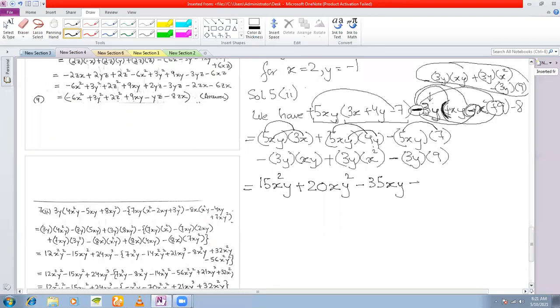And again, here you have a minus sign, and you have a single 3 here. So 3 into here, you have a 1. 3 and 1 will combine to give you a 3. You have a single x, and you have two y's here. These two y's will combine to give you a y square. Next, you have 3 here plus, so again a 1 here. So 3 and 1 will combine to give you a 3. And you have x square simply, and you have a y simply here. Nothing else. And finally, you have minus 9 into 3 will combine to give you a 27, and you have a single 1.